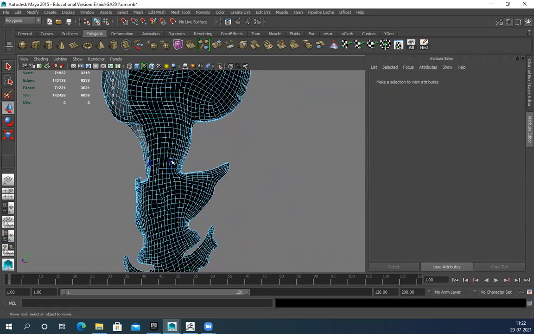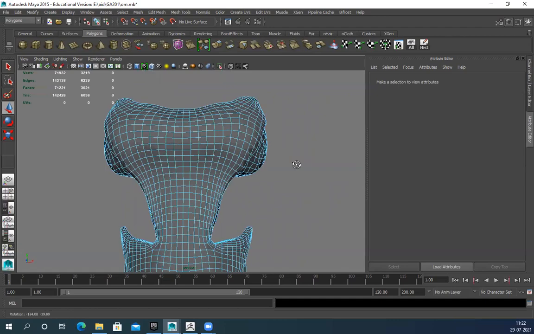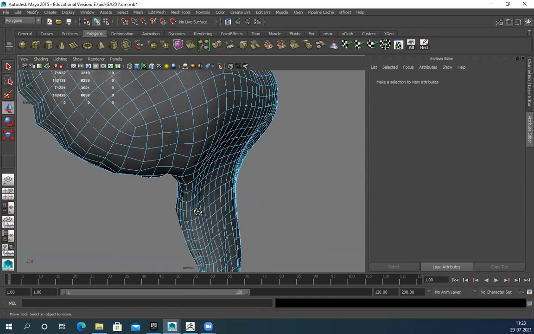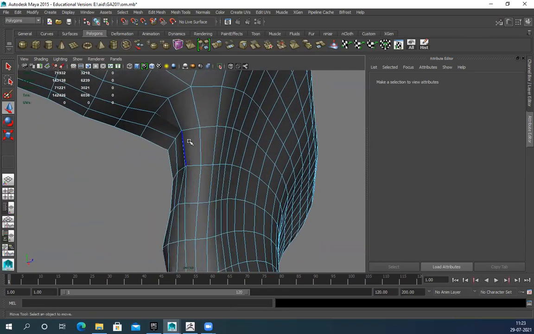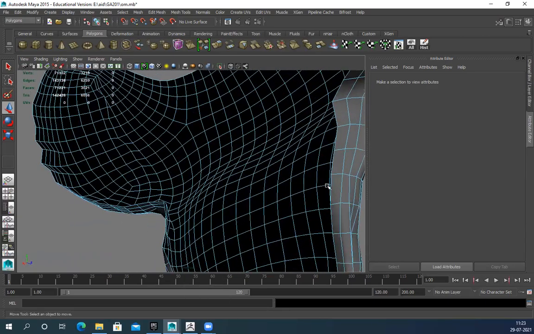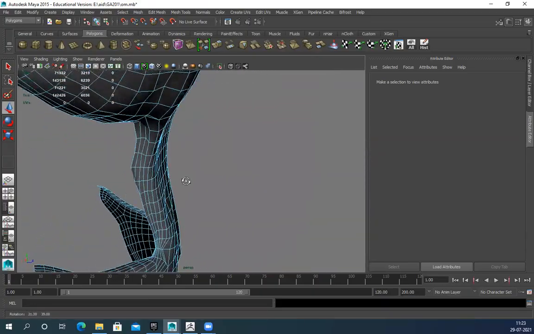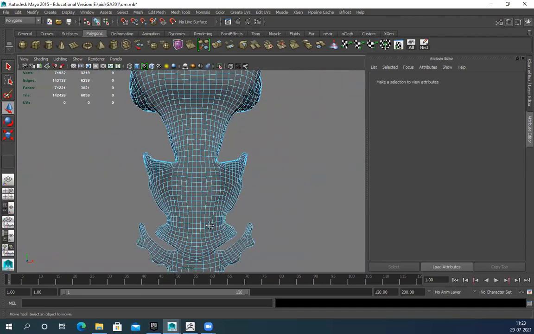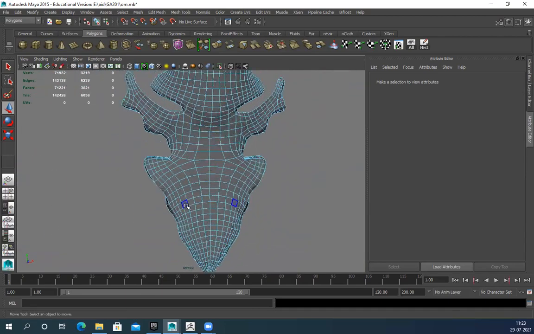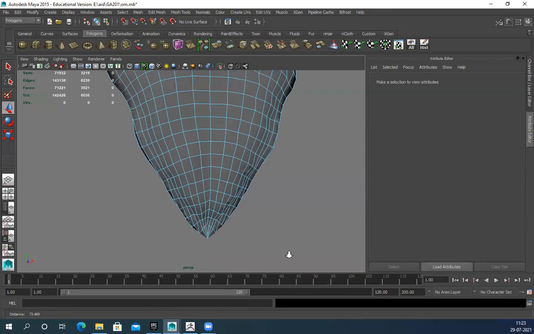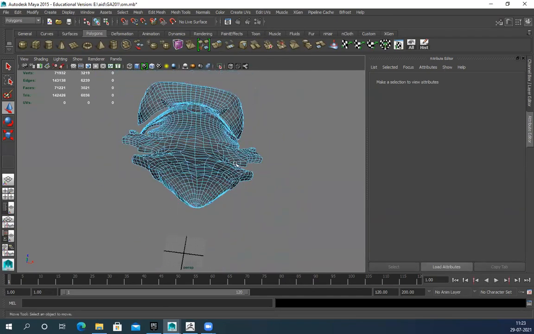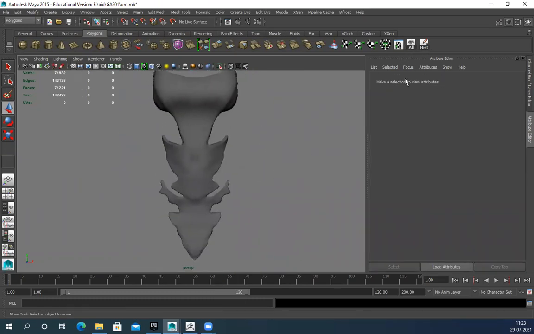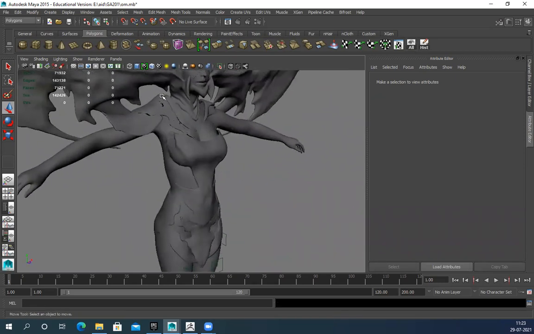Backside, back faces are not there. That is not required, that's why it's not there. And now if I want, I can optimize even further. All those side loops and extra things, I can definitely remove. Let me check. So now if I want, I can delete alternate loops and make it a little optimized and clean. That also I can do. Or if I want, I can leave it like this also. So now this will become easy.